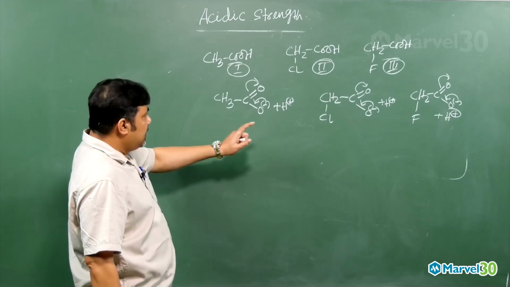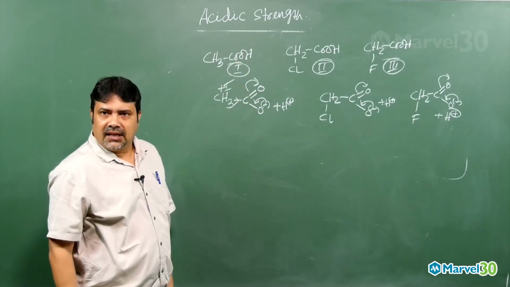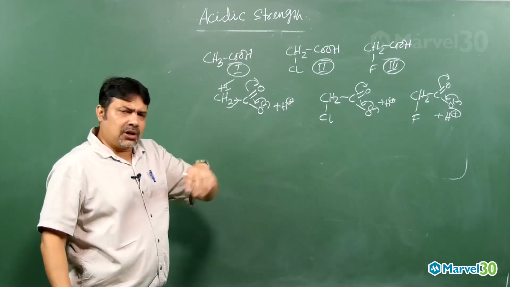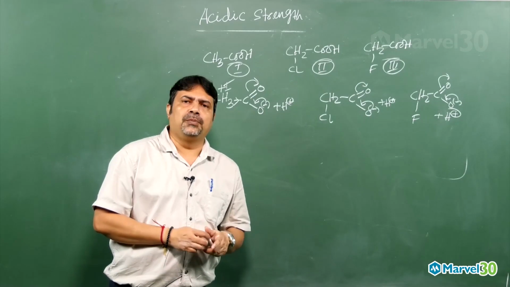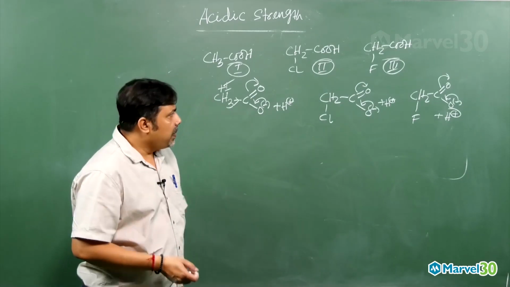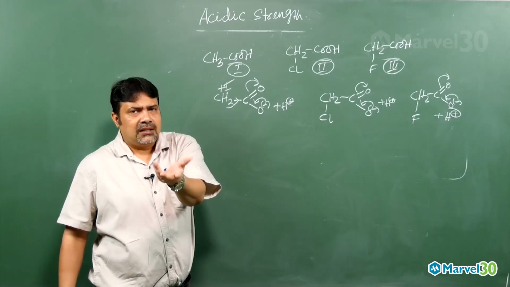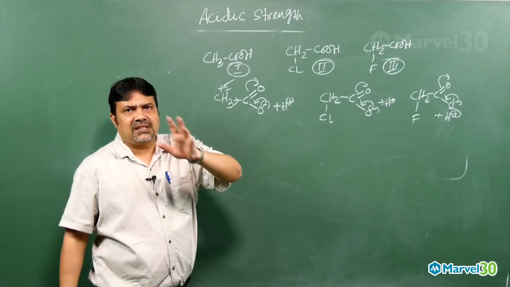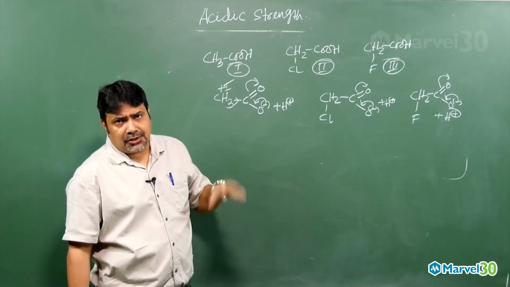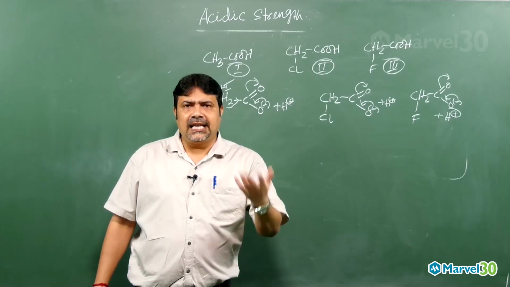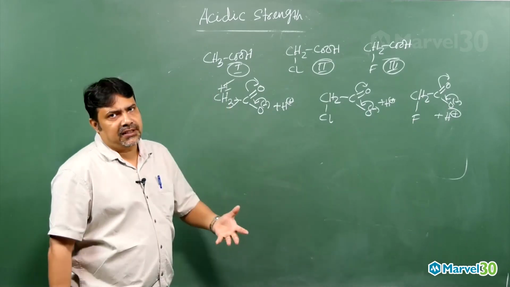But the question is, on this negative charge, what effect will this CH3 group give? Plus I effect. An alkyl group gives the plus I effect. The more the branching of the alkyl group, like isopropyl and ethyl, the more the plus I effect will be. Now, for chlorine and fluorine, in every book there is a sequence of the minus I effect order: nitro is greater than CN, CN is greater than COOH, COOH is greater than OH. Like the alkyl group, isopropyl is greater than ethyl, ethyl is greater than methyl. The more the branching, the more the plus I effect.